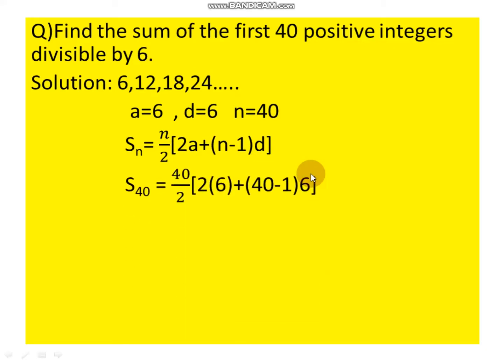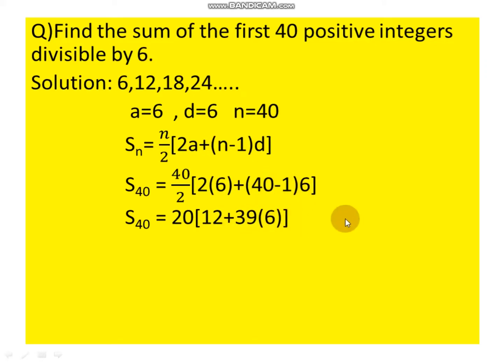So in the place of n you substitute 40, so 40 divided by 2 into the value of a, which is 6 because the first term is 6, plus, in the place of n you substitute 40 minus 1, the value of d is 6. So S40 is equal to 40 by 2 into 6 into 2 is 12 plus 40 minus 1 is 39